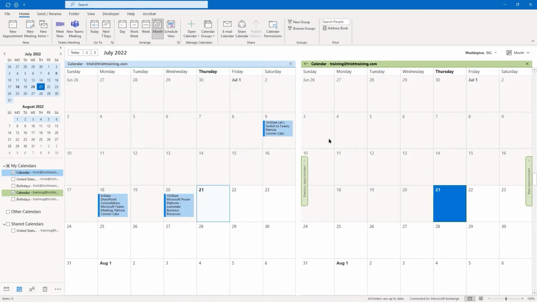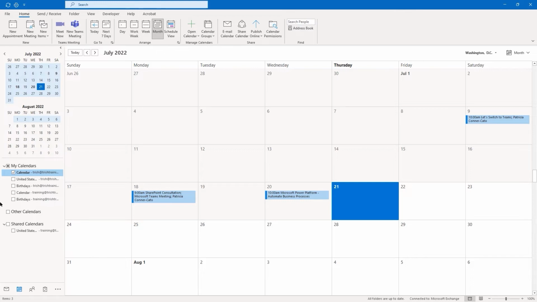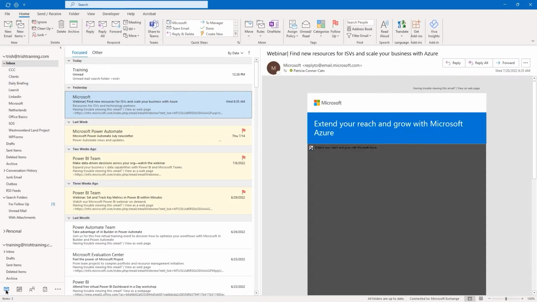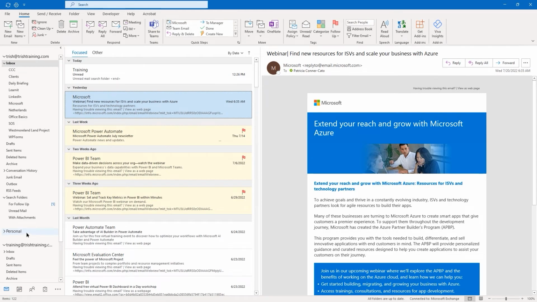Now you just have your calendar open, right? But you can't see your email. At the bottom of that pane, go back to the mail icon, and now you're back in your inbox. So these are like different views, the inbox and the calendar, but you can actually have both open at the same time.